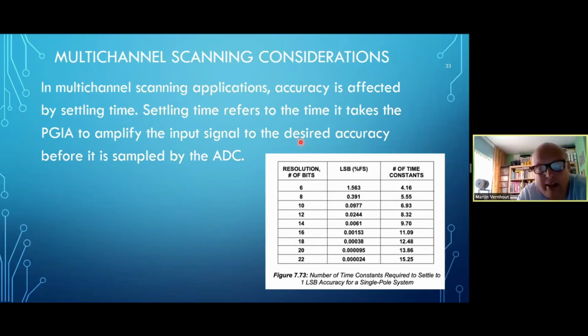If you're doing that, we call that scanning. Sometimes that programmable gain instrumentation amplifier needs to adapt to a new signal each and every time it hops from channel 1 to channel 2. And therefore, it needs to settle. It needs to get stable. It needs to actually do what it is supposed to do, and that is a gain factor multiplied by your input signal. And it normally takes time. We call that settling time. And therefore, if you have a fast system and you make it run a little bit slower, it might be a little bit more accurate because it has the time to settle to the desired value.